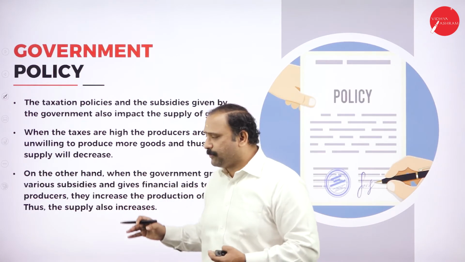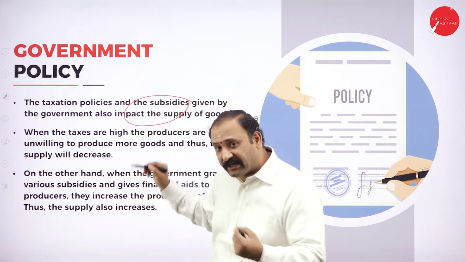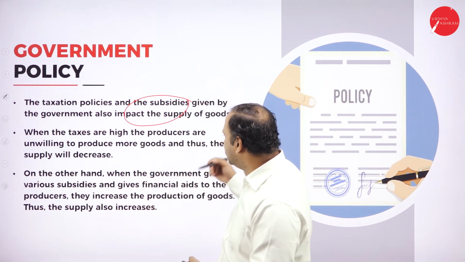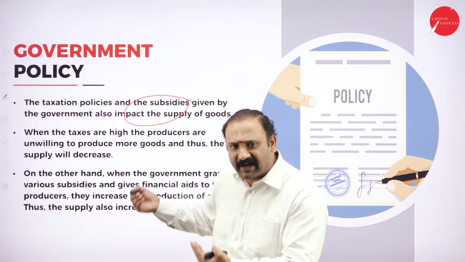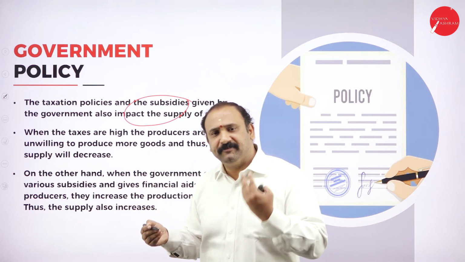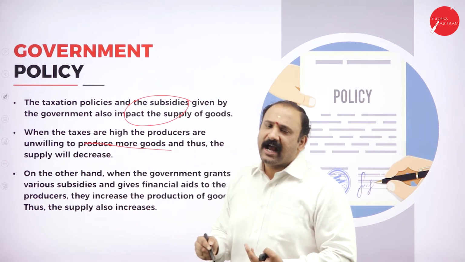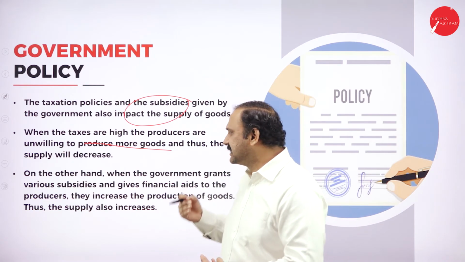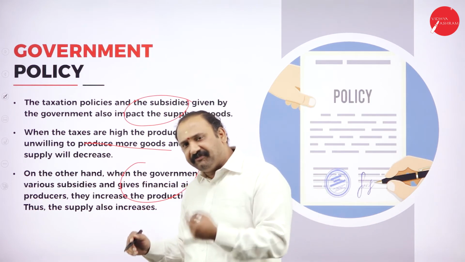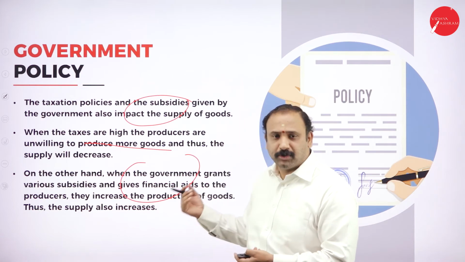Followed by the government policy, the taxation policies that we are seeing, the subsidies that are being given, all that also has a great impact in terms of the supply. So more the subsidies, more the factors given by the government, the tax reductions and all the kinds of benefits provided by the government will definitely help us to produce more goods, and it will also give a morale boost. So when the government gives various subsidies and financial aids, definitely the supply chain is also going to move up, and that will have a positive impact altogether.